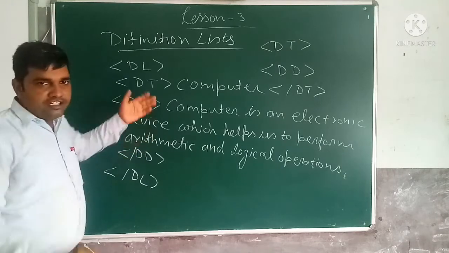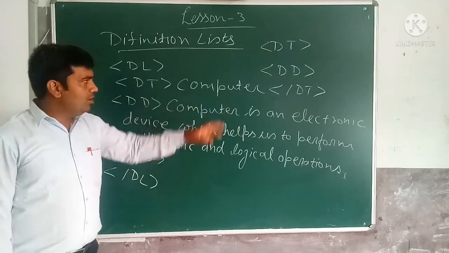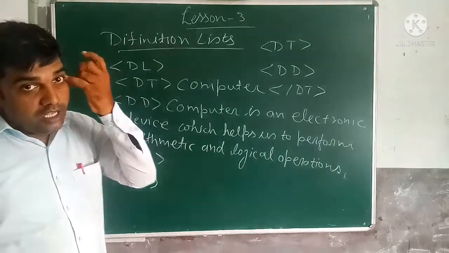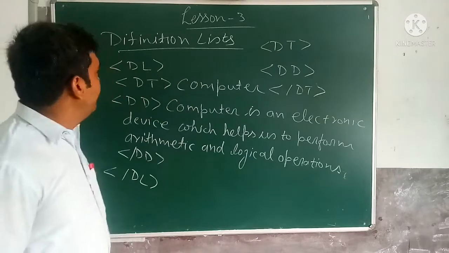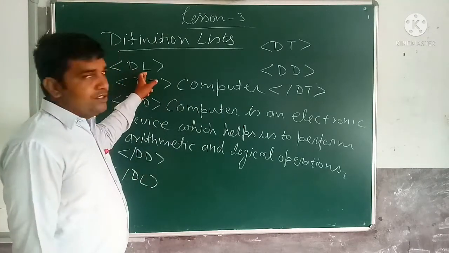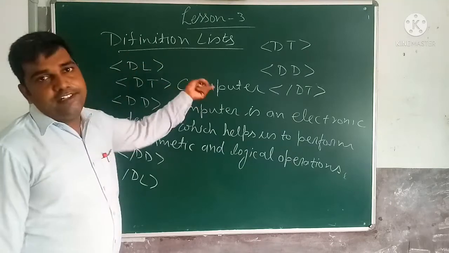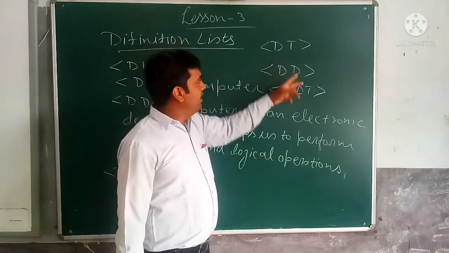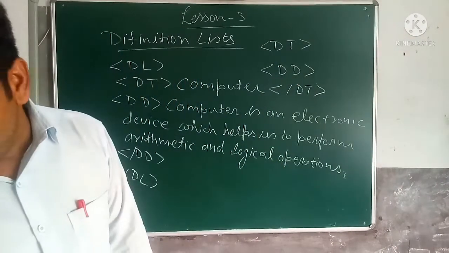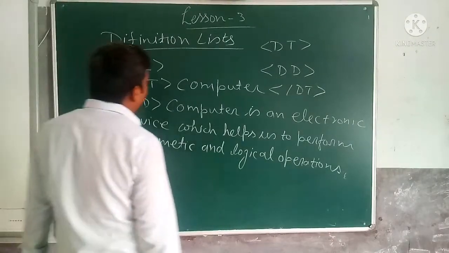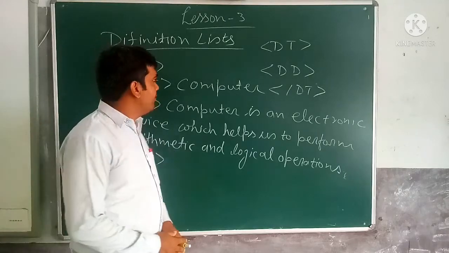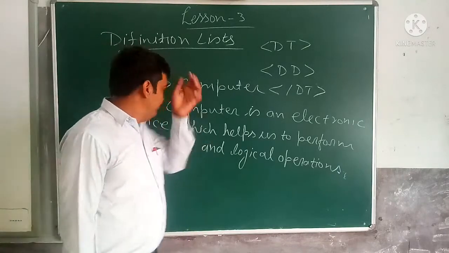Like this you write the next term, DT open and close, and you can give its definition in the definition description. Like this we create the definition list. So which tag are we using to create a definition list? The DL tag in association with what? The DT tag and DD tag. DT for the definition term and DD for the definition description. Okay. So now we have covered all the elements of HTML which are required for the exam.